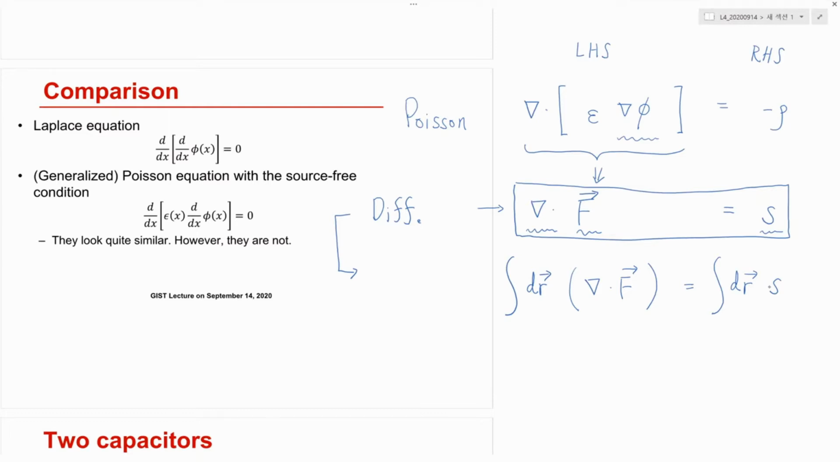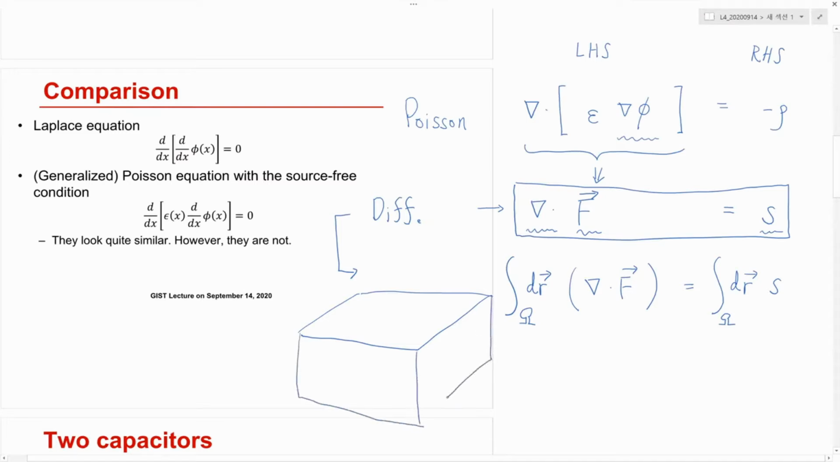Okay, so then let's say this integration domain is given by omega. So what is omega? Omega, let's say we are considering a three-dimensional structure, and let's say this is